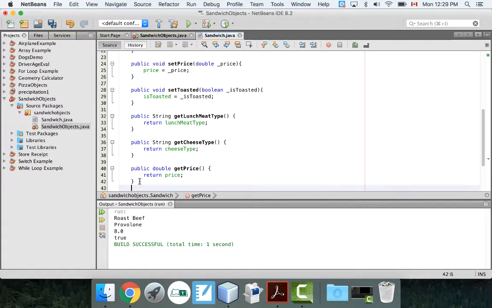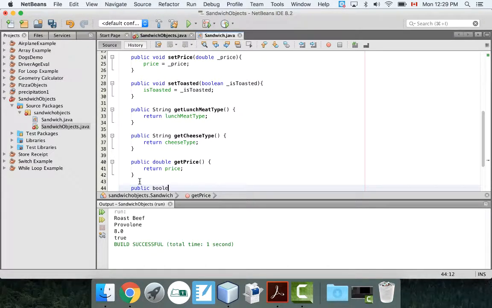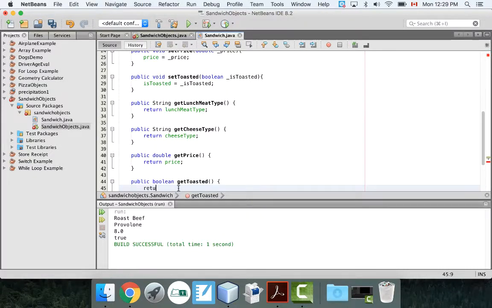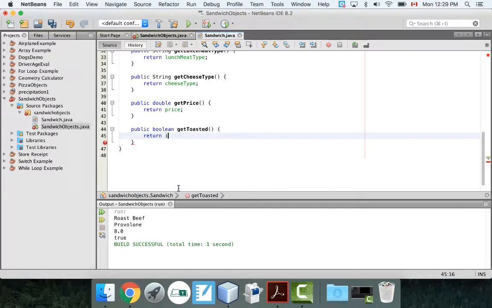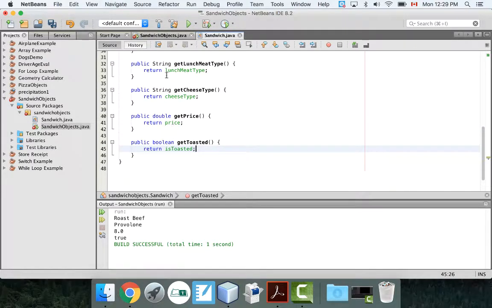And the last one was a Boolean, so public Boolean. Remember, this first thing here is the type of variable that's coming out of it. So public Boolean getToasted, and return isToasted. Okay, so these are the 4 methods I'm going to use in order to get my information out of the